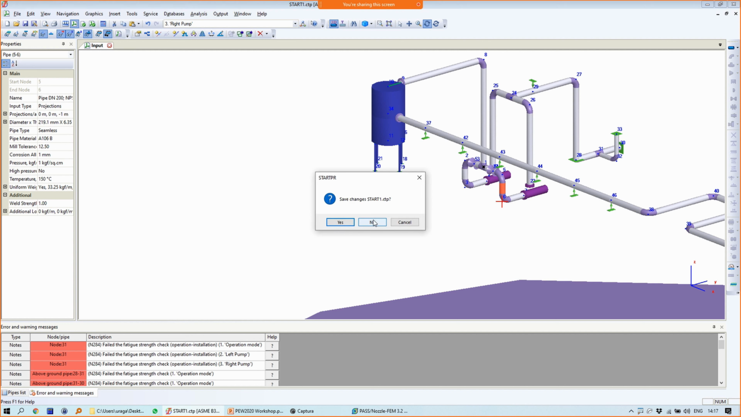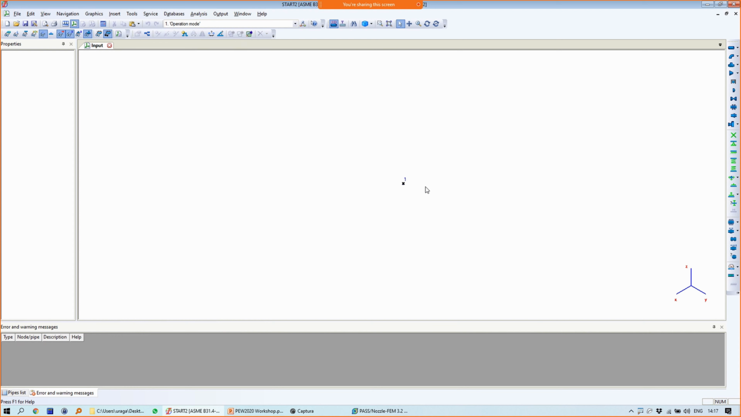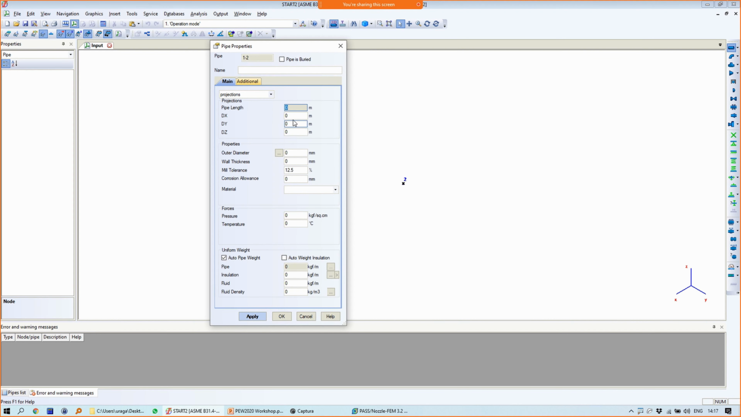Let me save the model, and I will create a new model and show you what is the cold mode and how to avoid the zero anchor loads from piping. I will use B31.4 code, and also I will show you how to model underground piping. Let me create the pipe with length about 30 meters. I will not use the database at this time. I will just type myself,